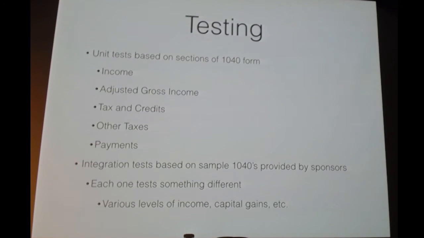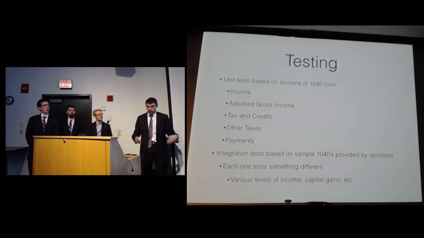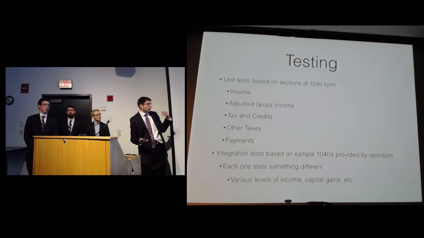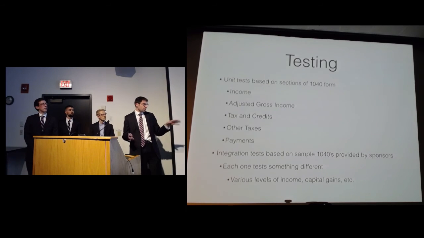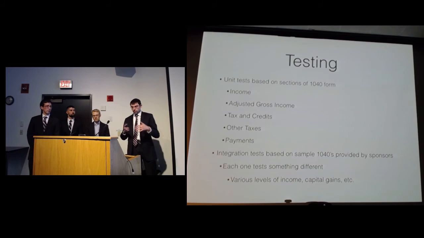So maybe somebody had most of their income come from capital gains, which is taxed a different way than just regular income. Maybe somebody had more income come in from Social Security, etc. So we have about 8 or so different sample tests that we can run through,